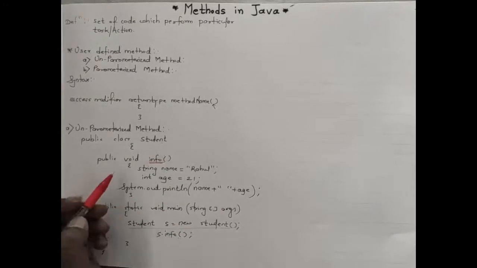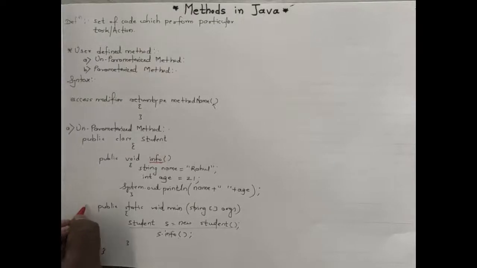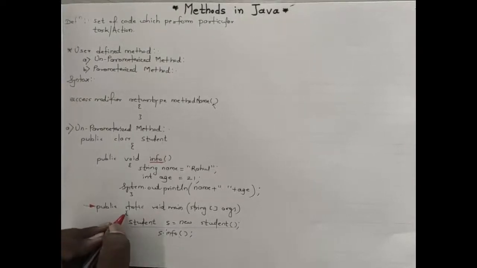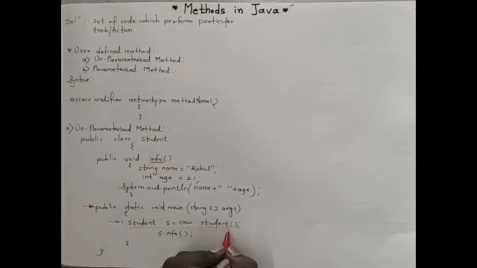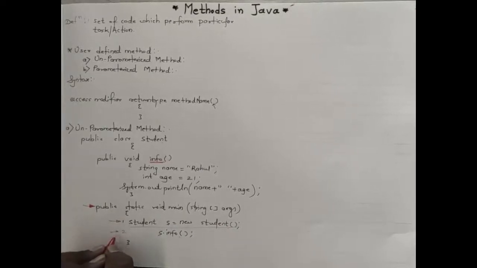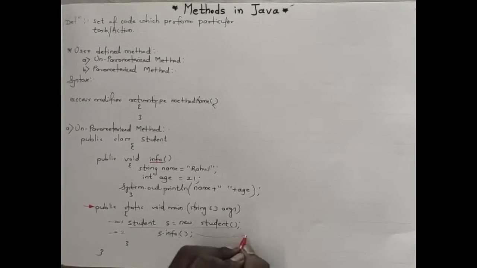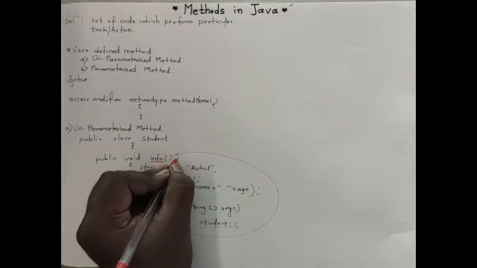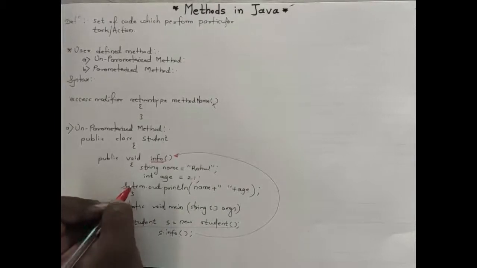Okay, so what happens? What is the sequence of operation? We know that Java first focuses on the main method, then Java comes inside the main method body. It is the first line. Java comes here and understands that we created an object. Then Java comes to the second line, where it observes that we called a method having the name info. Then Java's focus comes inside that method, and Java enters inside the braces of the method.